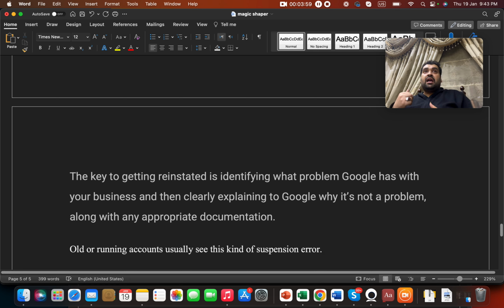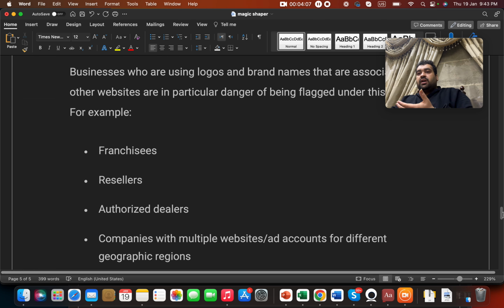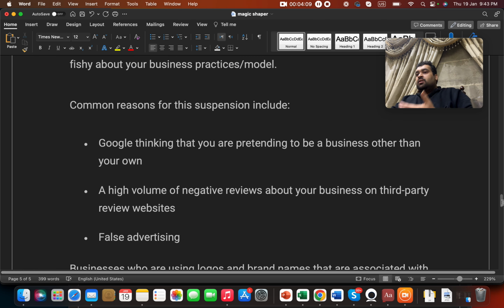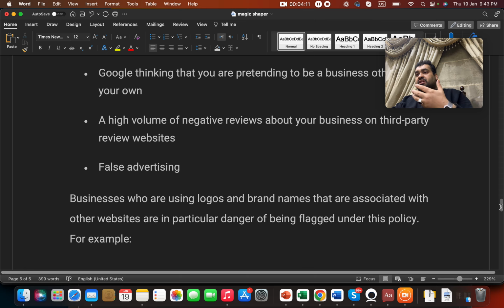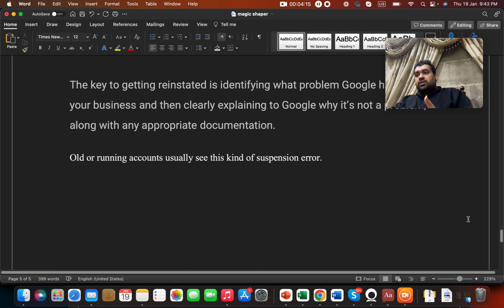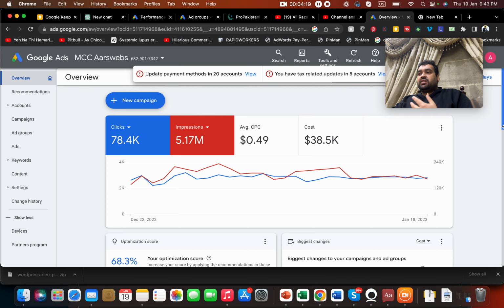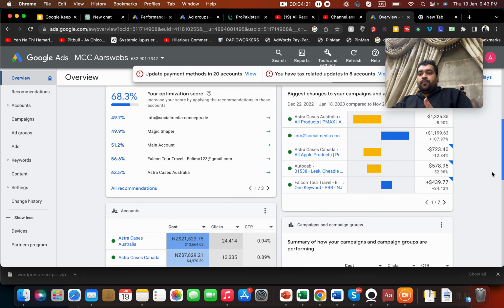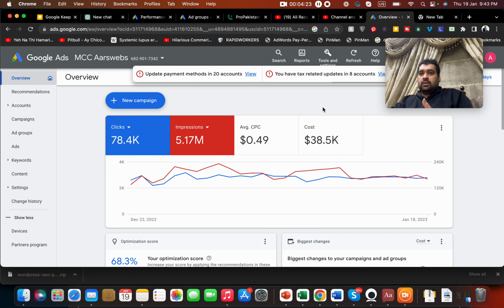Because this suspension error happens when your accounts get older, and negative reviews, false advertising, or pretending to be another business can be seen after getting some clicks. So ideally or mostly this happens with older running accounts, and you cannot see such an error on new accounts. So let me move on